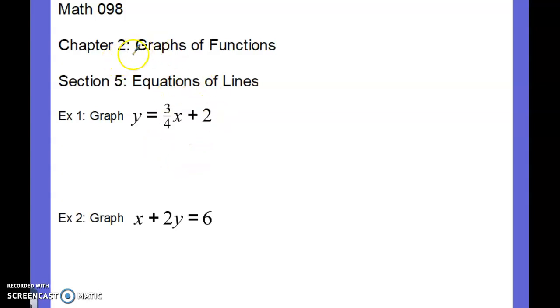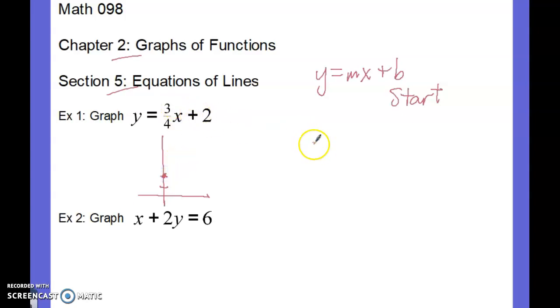Welcome to Math 098. We're at 2.5 and we're just practicing graphing some more. Starting with some of the straightforward problems where y equals mx plus b, where you start with your y-intercept. As we look at this problem, my y-intercept is 2, up 2, and then my slope is rise over run, so we're going to rise 3, and then run 4. In this problem, again, I need to see the tick marks 1, 2, 3 over 1, 2, 3, 4